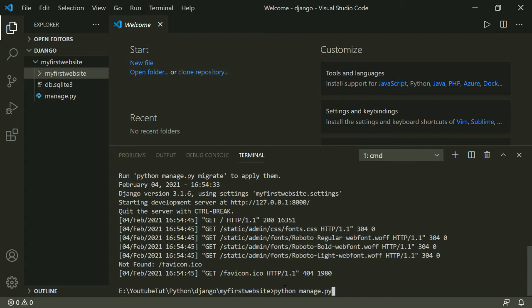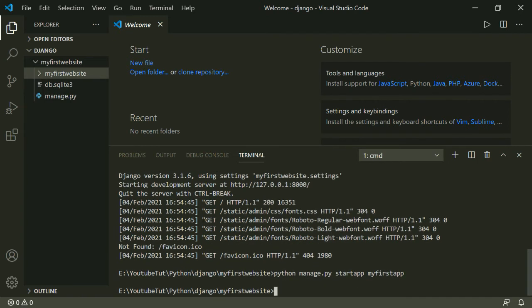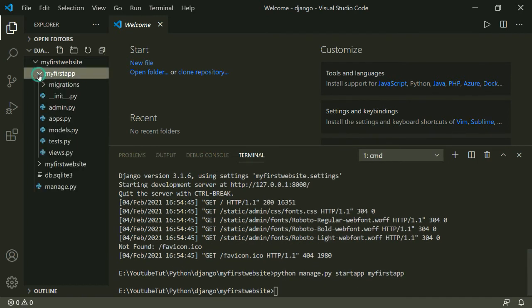I will write python manage.py startapp and give it the name myfirstapp. All right, you can see that my first app has been created now, and you can see a few things here, the tests file, the apps file, and all those things. I will not go into much detail here.